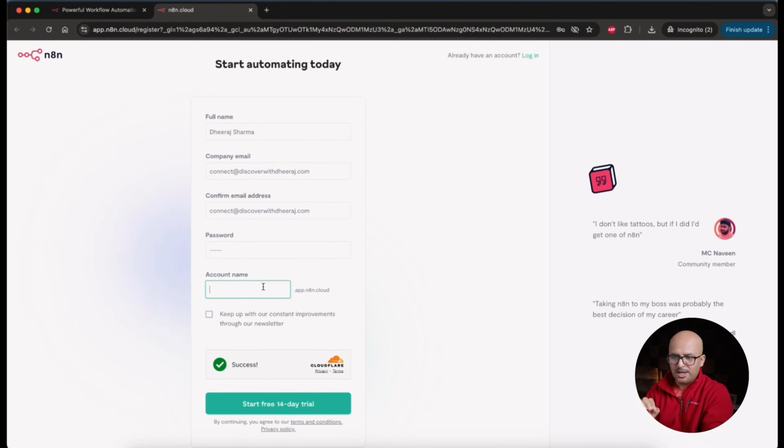So next is the account name. In the account name, we have to mention something unique. So I'm going to use the domain name itself. So I have Discover with Dheeraj, and probably I'll add course into it. Yeah, that's pretty much it. So you can see Discover with Dheeraj course.app.n8n.cloud. This will be the URL of your workspace that you are going to use when you are registered as a n8n cloud user. So everything that you do would be under this URL,